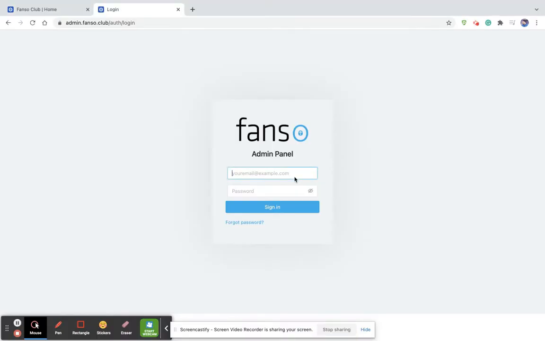So now let's look into the admin dashboard of the Fanso. The admin dashboard gives you an option to manage the entire platform, and there are a lot of options in the admin backend where you can restrict a couple of options for the models, users, and check the payment history, make the payouts, and everything else. So let me log into the admin dashboard to give you a quick overview.